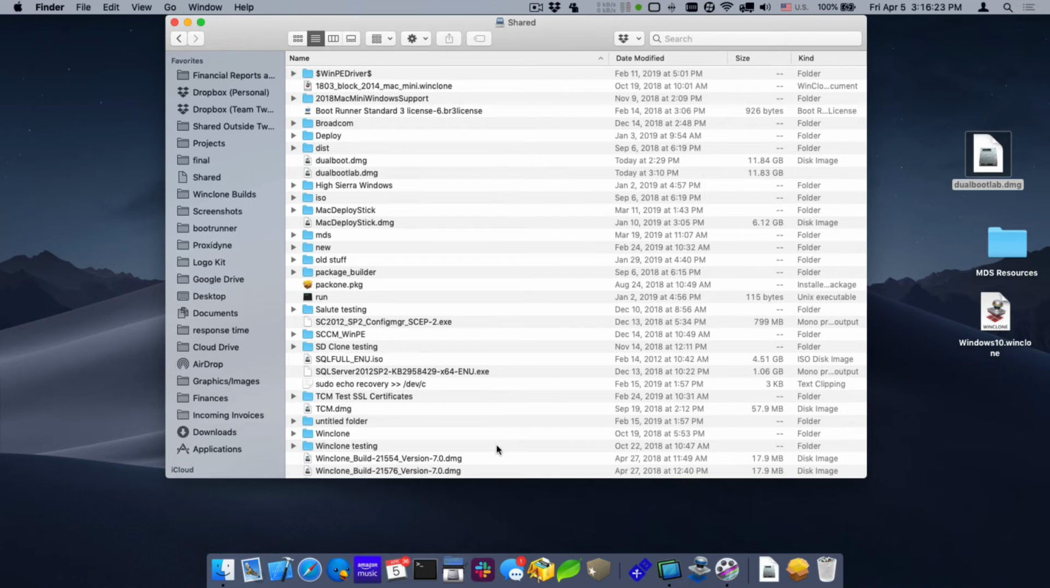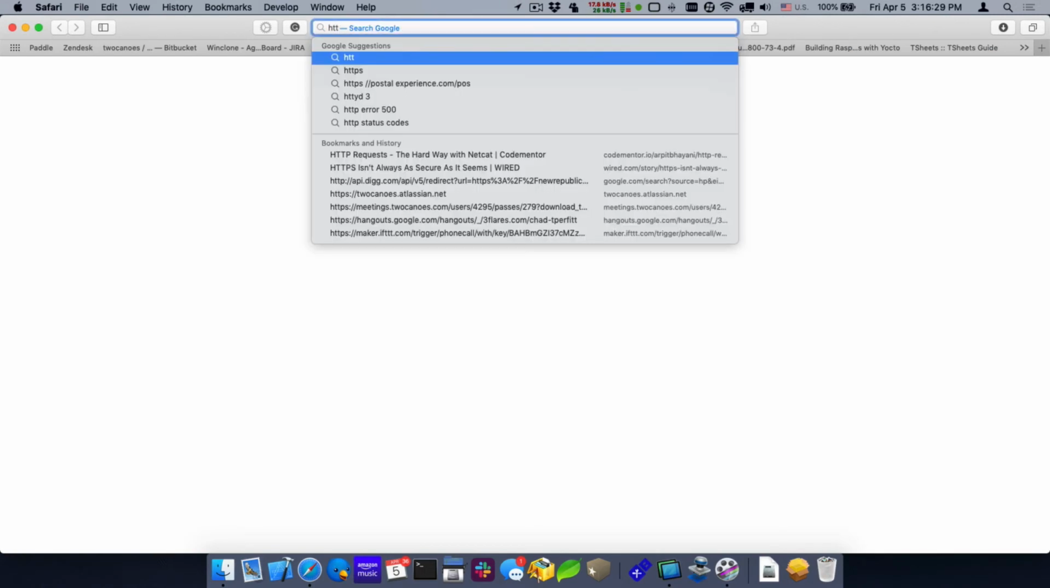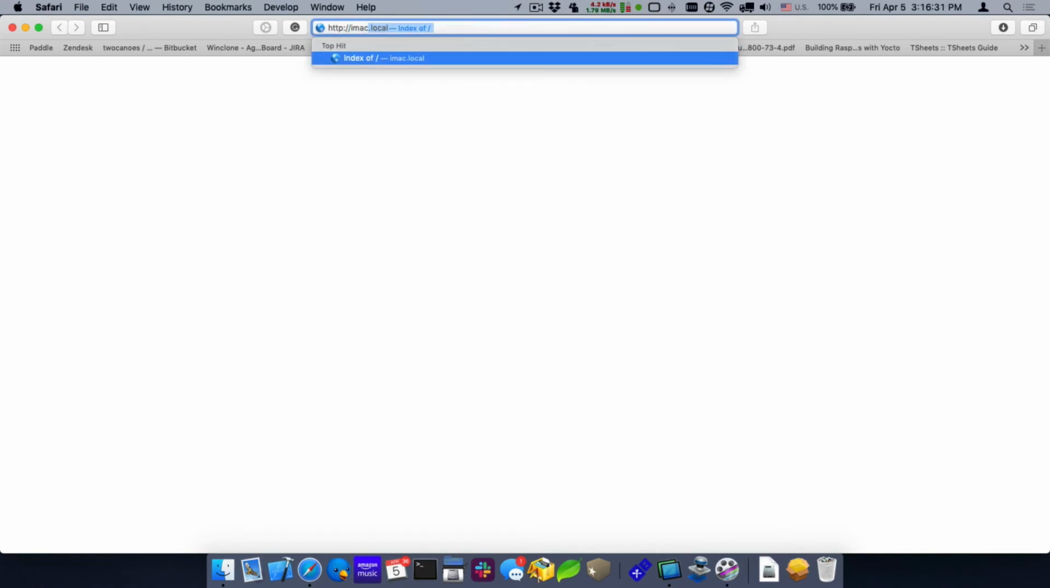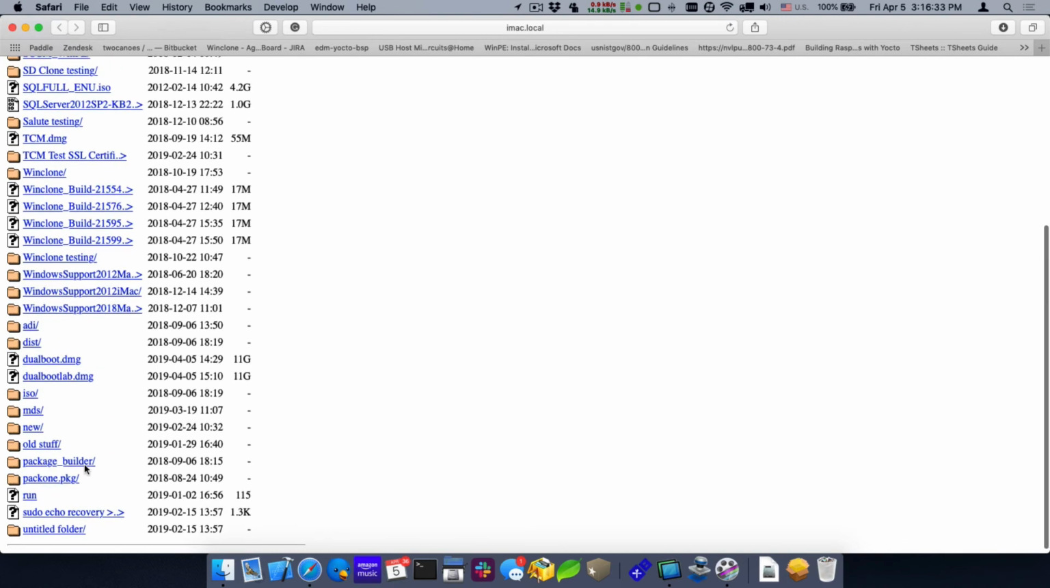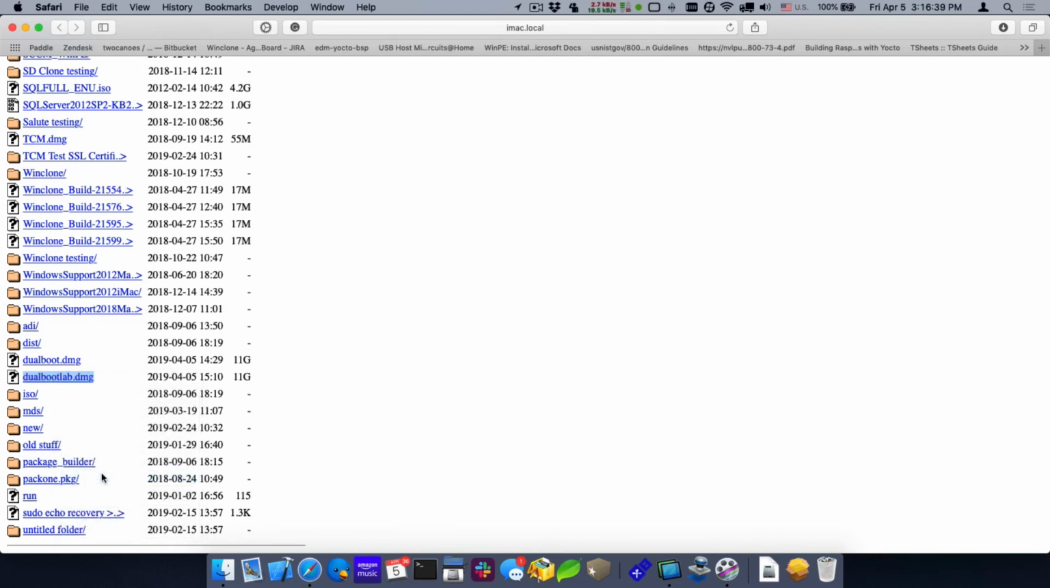Okay, the disk image has now been copied to the web server. So I open up a web browser and go to the web services I've turned on that iMac. You can see that I have a dualbootlab.dmg available. If I right click on it and copy this link, I can see the link is